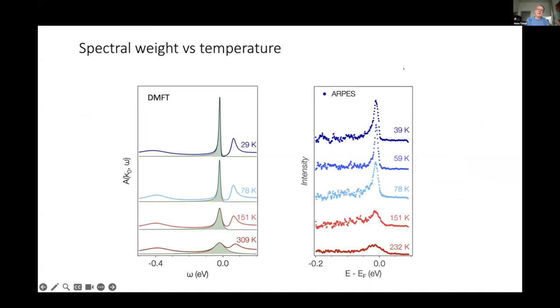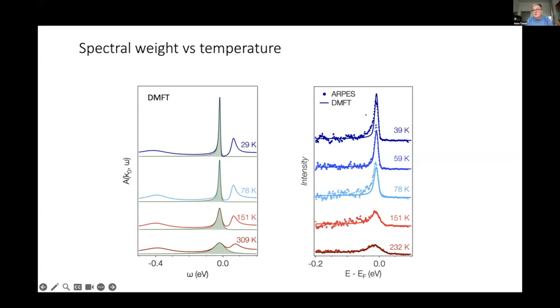And we did this analysis for several different temperatures. So here are these background-subtracted ARPES data. And what we find is that these data are very consistent with what DMFT also observed. The solid lines that you see here are not fits. These are DMFT spectral functions that were calculated at different temperatures, multiplied by a Fermi function, because in ARPES we only probe the occupied states, and then convoluted with a Gaussian that takes into account experimental broadening.